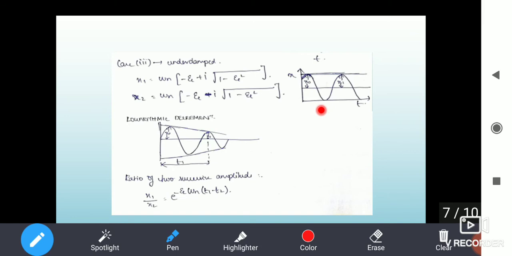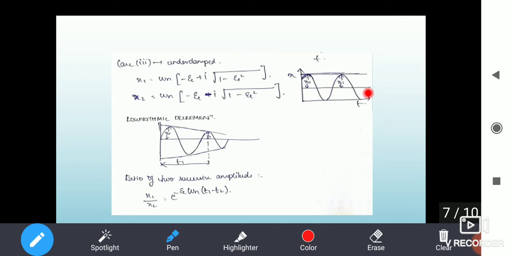So we have to know the difference between viscous damping and free vibration. Actually, what happens in viscous damping is, if the amplitude is reduced over every cycle, it is denoted as viscous damping. Whereas in free vibration, the time period won't be the same. It may vary. That is, the time period between the next two successive cycles won't be the same. So this is the basic difference between free vibration and viscous damping.